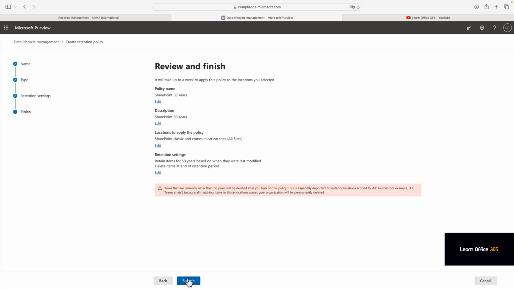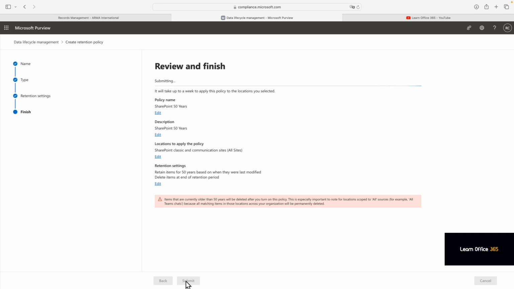Okay, click Submit. Double check everything. There's your message or warning. So after you click Submit, the policy will be created, and then you click Done,